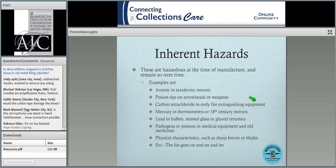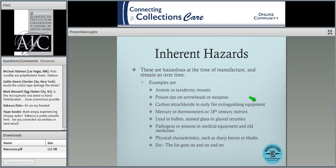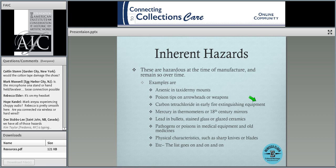So inherent hazards are things that become hazardous at the time of manufacture and remain so over time. That could be anything from the arsenic in taxidermy mounts to the poison tips on arrowheads or weapons, mercury in thermometers and 18th century mirrors, lead in bullets or stained glass or glazed ceramics or printer's type,